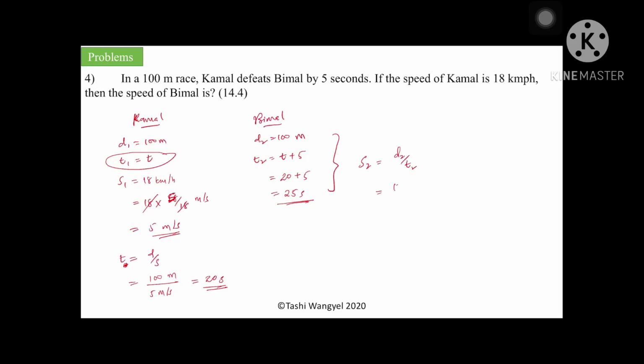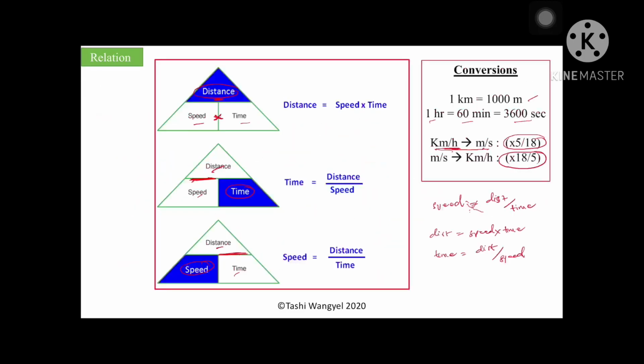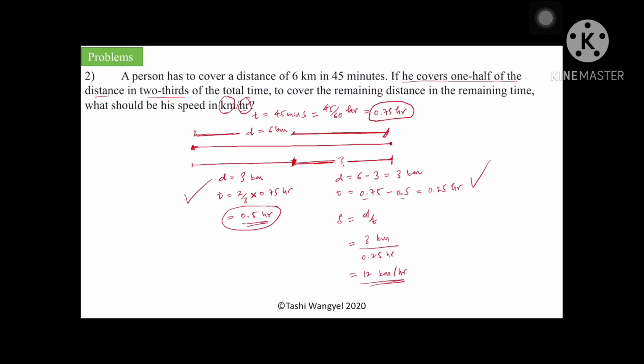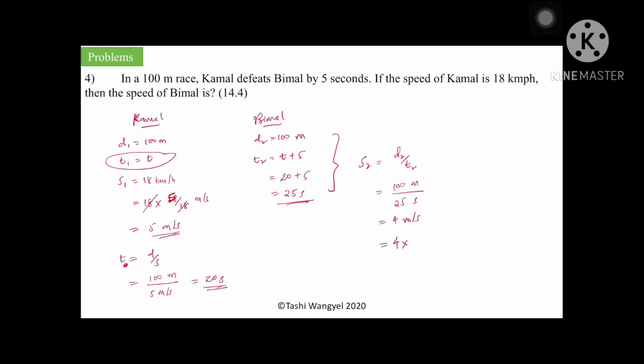The distance is 100 meter in 25 seconds, so this is 4 meter per second. To convert meter per second to kilometer per hour, we multiply by 18 by 5. Therefore, 4 into 18 by 5,